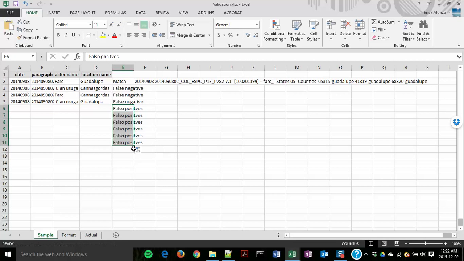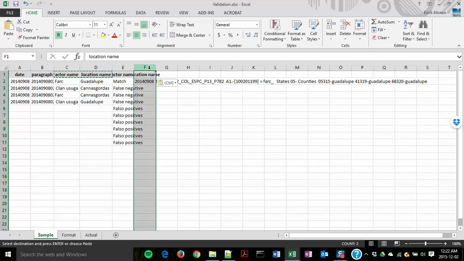Now you're gonna have this. In column E, when you're done, you should have a number of matches, a number of false negatives, and at the bottom of the column, you're gonna have your false positives. Now you're gonna copy these two headings. You're gonna paste them in columns E and F. Now when you click on the column,